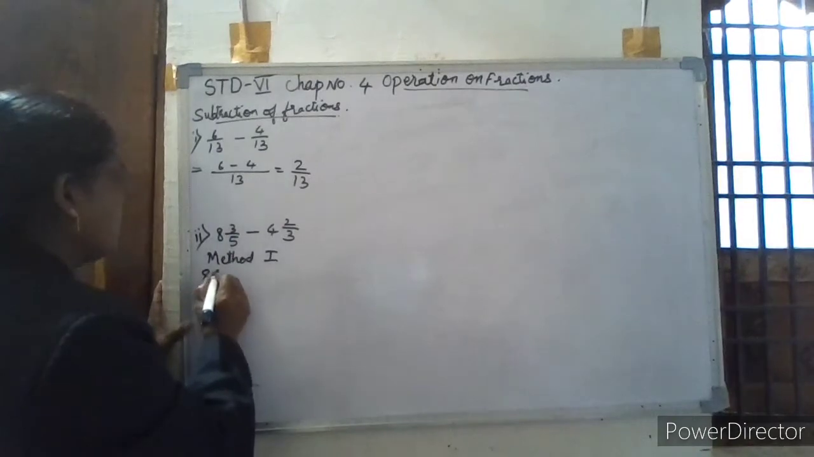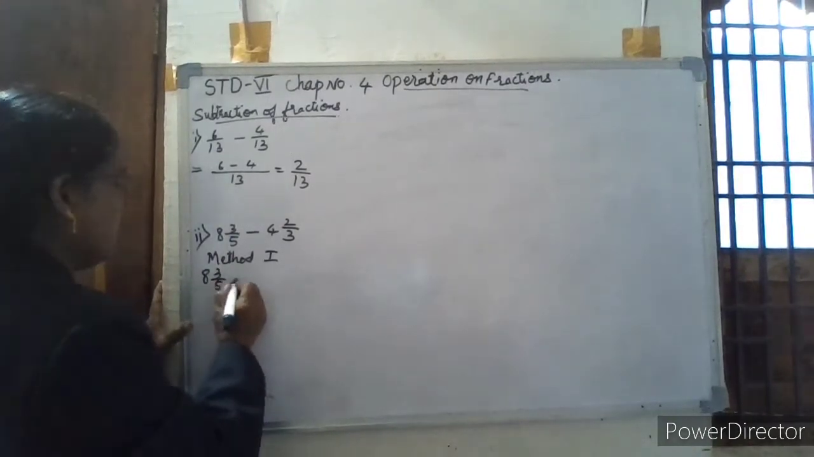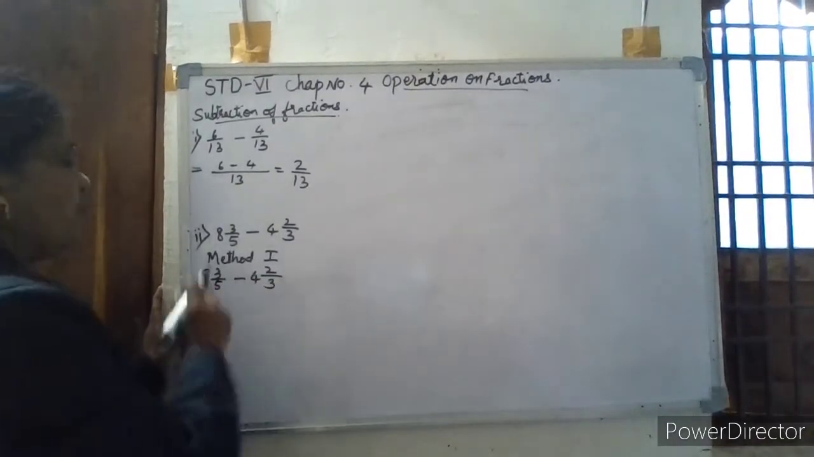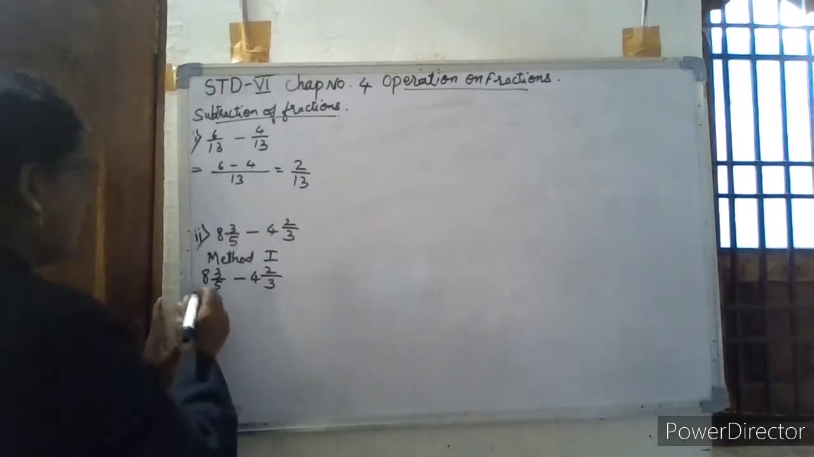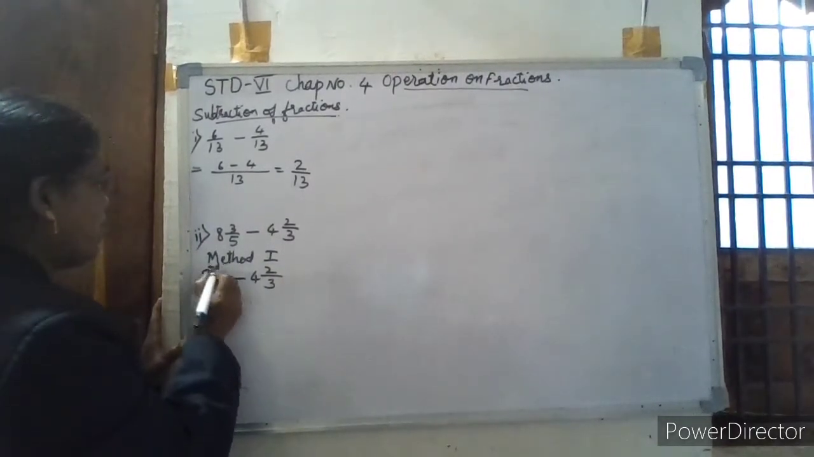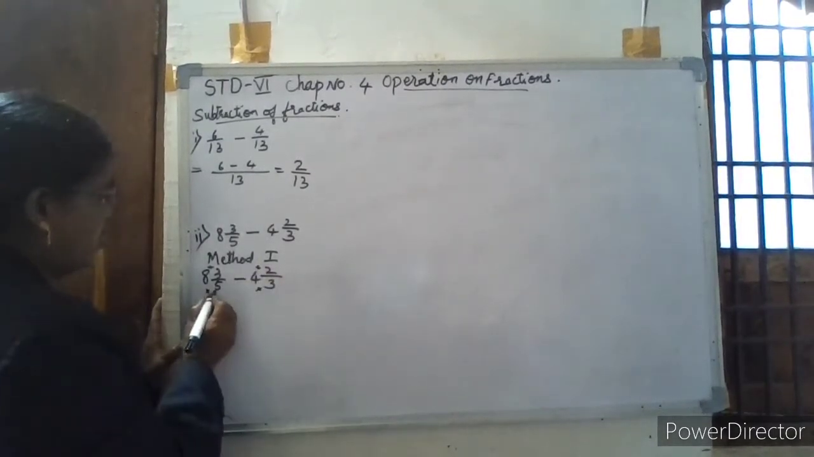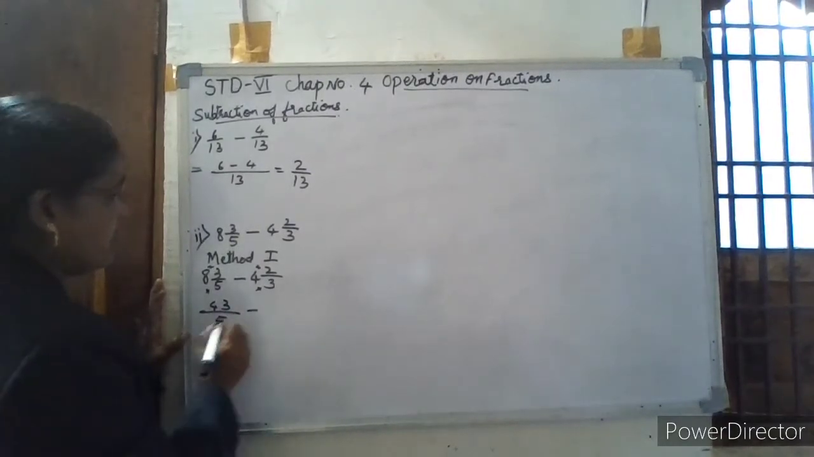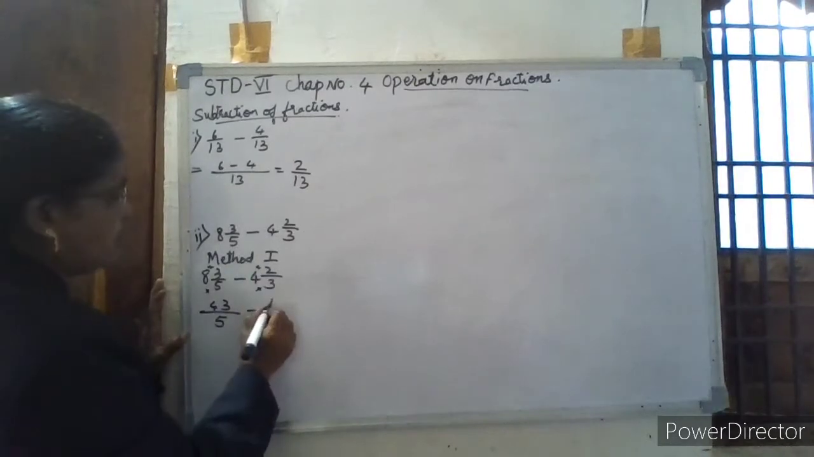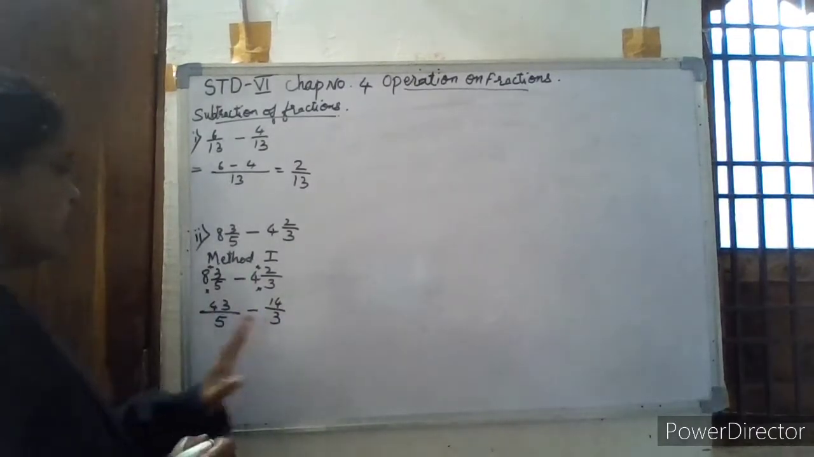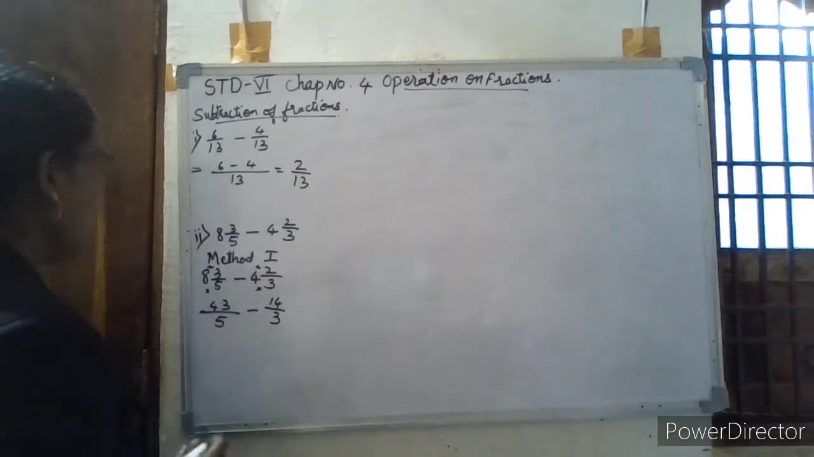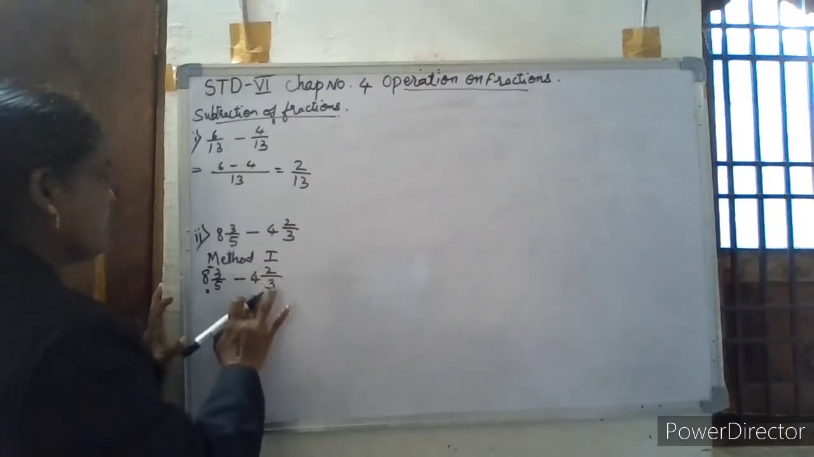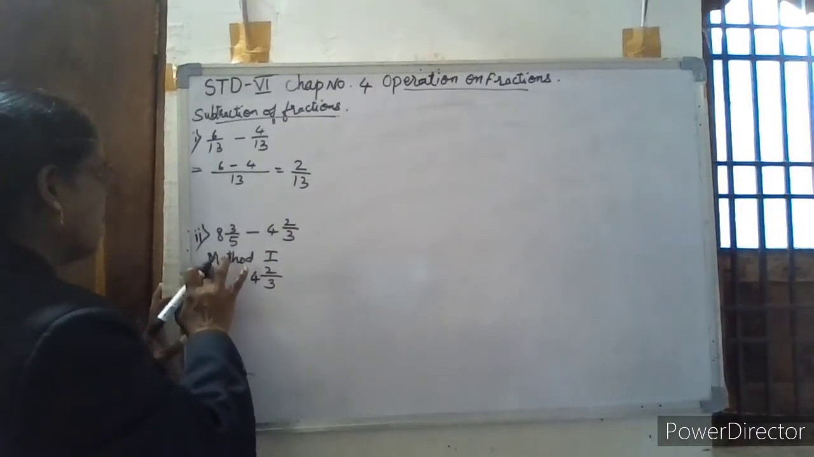Write the question: 8 3 by 5 minus 4 2 by 3. First we convert the mixed fraction into an improper fraction. You have learnt already, multiply and add. 8 5s are 40, 40 plus 3 is 43 by 5, minus 14 by 3. Sorry, for the first method we don't have to solve it by converting into improper fractions. Method 1,